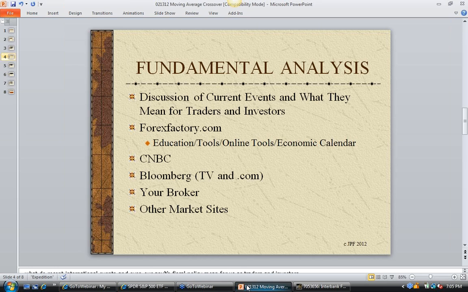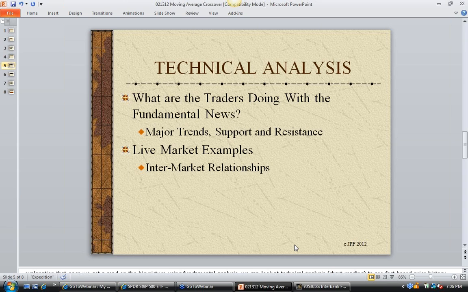All right, so that's our fundamental view and kind of our segue into the technical picture. So let's go to the next slide there. And what are traders doing with the fundamental news? Well, we know in foreign currency, the US dollar has been weakening for the most part. We know that in equity markets, the equities have been strengthening. So we talked about trends, which way the markets are trending. We covered that. Support and resistance, I just brought that up. We are at a resistance level in the stock market. We're not so much at resistance levels or support levels in the Forex markets, and we'll get into that, and I'll be able to show that to you.